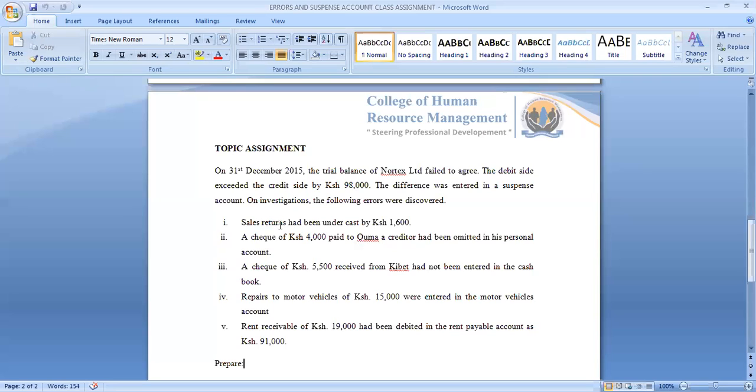So what we are referring to here, I want you to understand how we treat the sales returns. Sales returns are debited. Remember, sales is always credited. Don't forget that. But the return for sales is debited, always on the other side. It was debited, but now there was an undercast. If it is an undercast and this account is normally debited, then the undercast is on the debit side. Therefore, we need to debit again so that